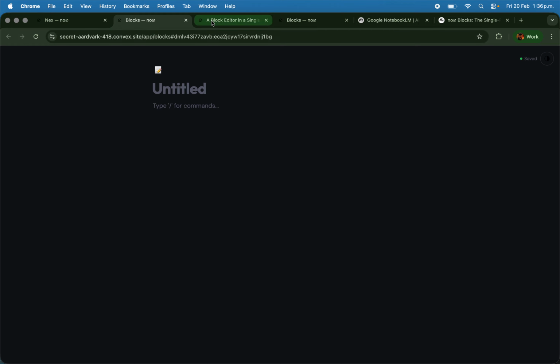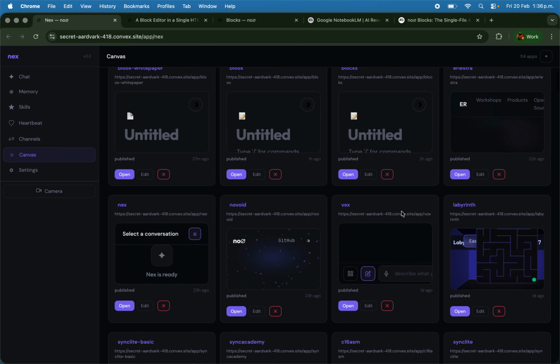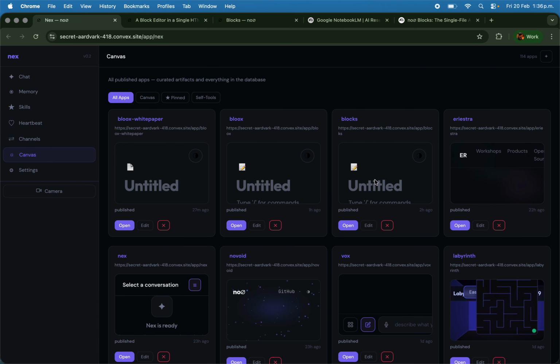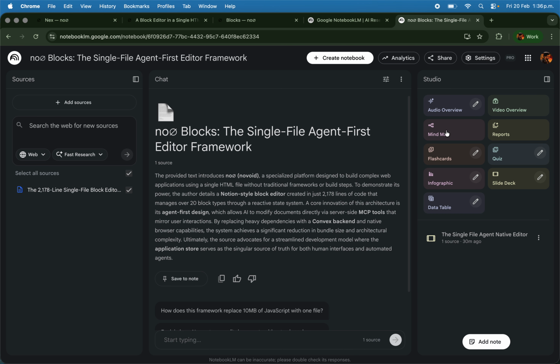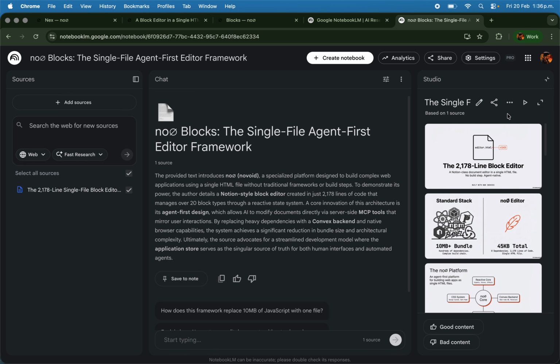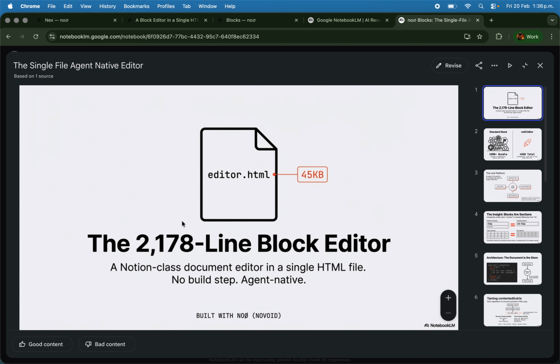So there are some nice features that we also have here. Let me see if this one has the example. No, it doesn't. Somewhere there. But maybe we can run an example later with the help of the agentic engine here. So this is the presentation that I have here. This one, the single file agent native editor. And this is the nice thing. This all is fitting a single file,